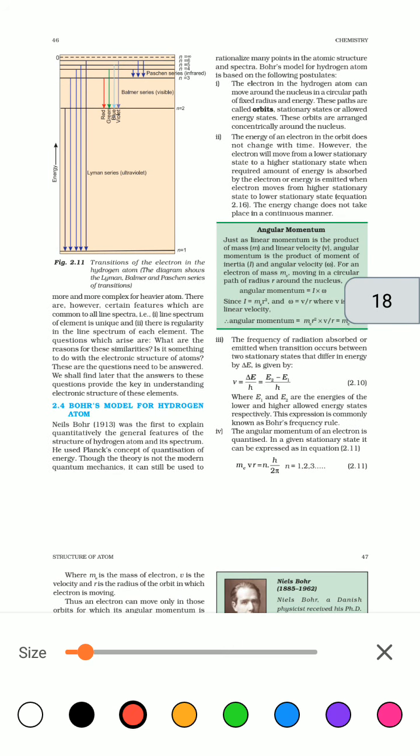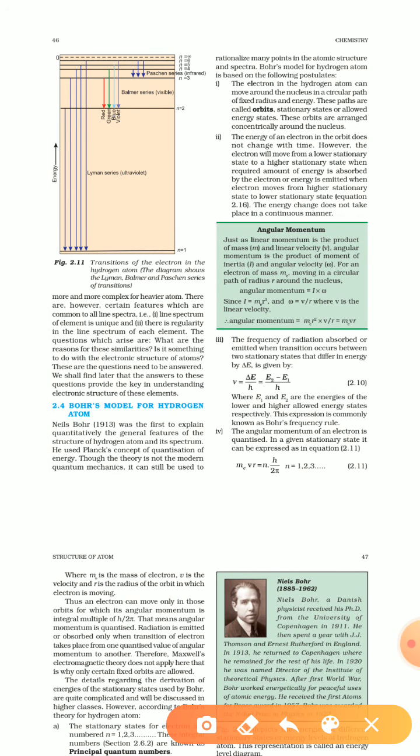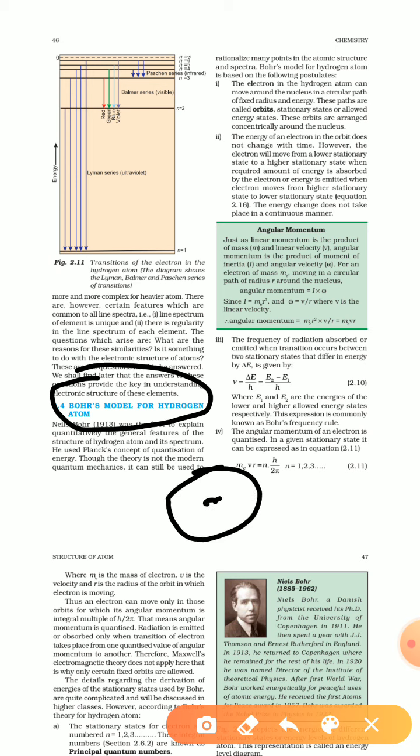Today's topic is to understand an important concept about Bohr's atomic model. Whatever strategy we apply to write the atomic number of any atom or element, and to write the element's configuration, in which orbit how many electrons are present, how many electrons are present in the next orbit, all these concepts are discussed by Bohr's model.